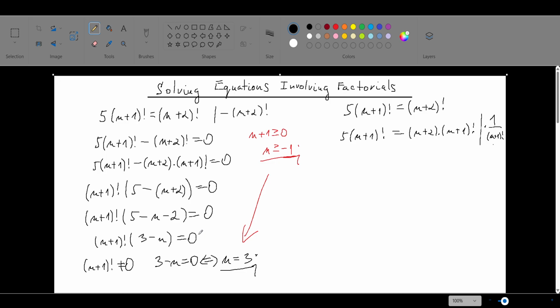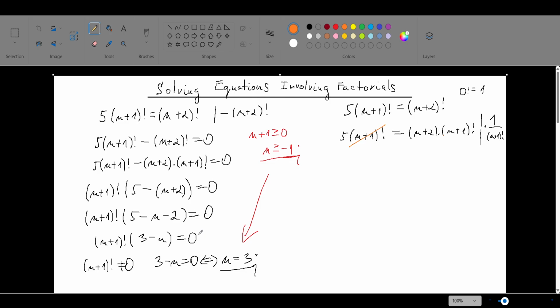because division is not defined if you divide by 0 or if you multiply by a fraction which has 0 in the denominator. But in this case, from the definition, it is quite clear that any factorial of any number is not equal to 0. Because we already know that 0 factorial is equal to 1, so there is no factorial being equal to 0. So we are allowed to use this operation, and this operation would mean that you can